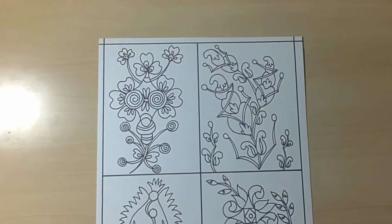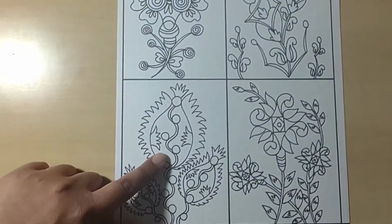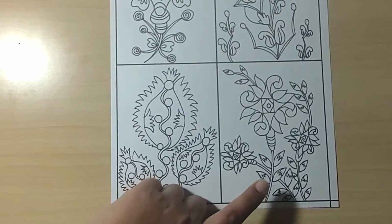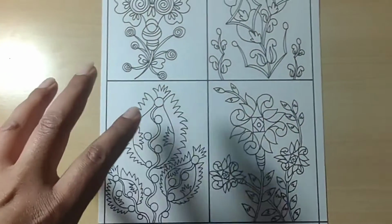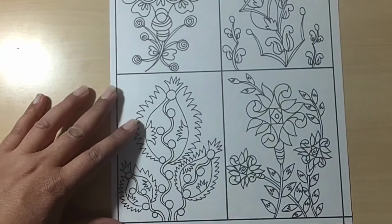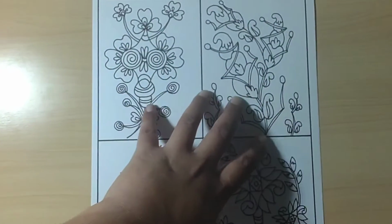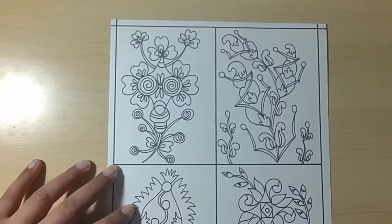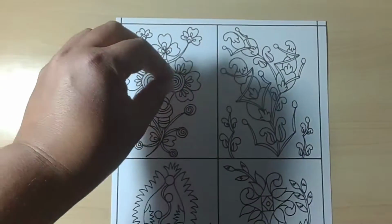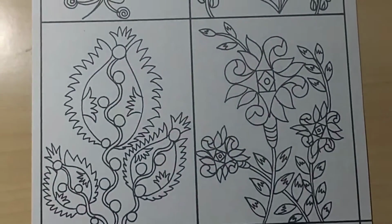So here is the new adult coloring page that my mom made, and it has the 4 whimsical flowers. She has a collection of about 2000 flowers, and I really like these whimsical flowers. I am not a big fan of real flowers, but these make me happy, and these are something that I would enjoy coloring. So I was really happy when she made these 4 of her whimsical flowers on one page, so we can use different colors or do different techniques on the same page and make it look pretty. So here, let me bring it up close and show you how the flowers look,